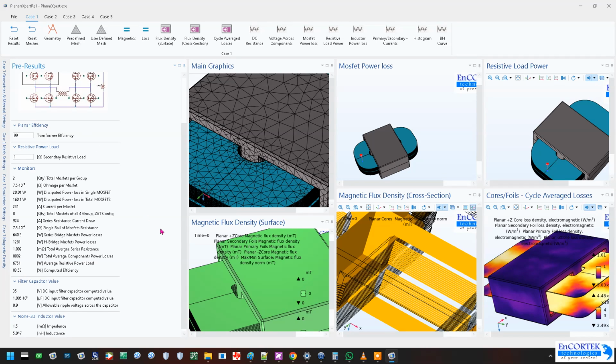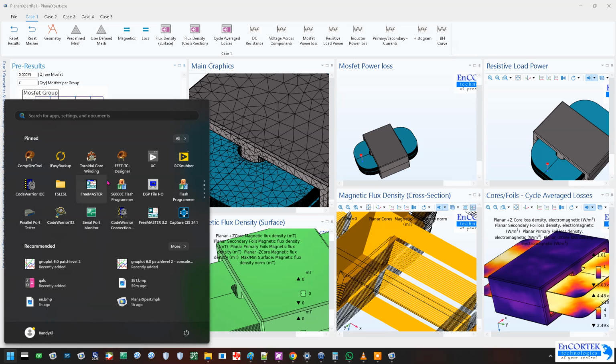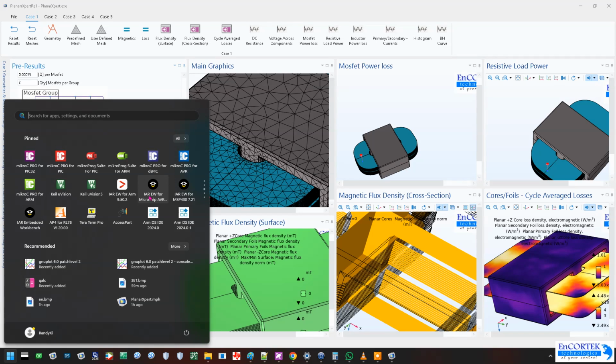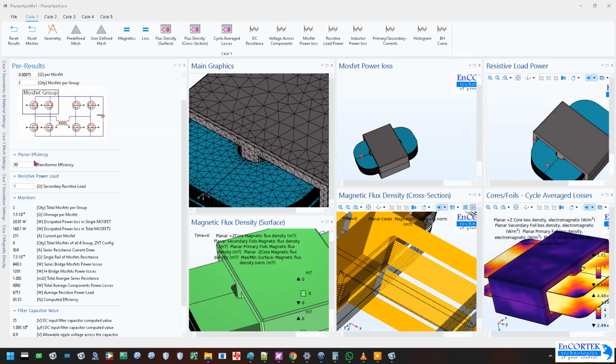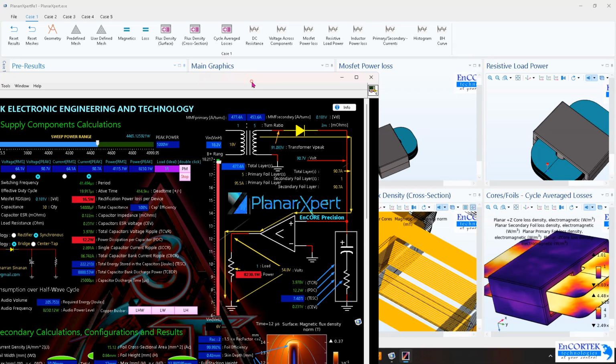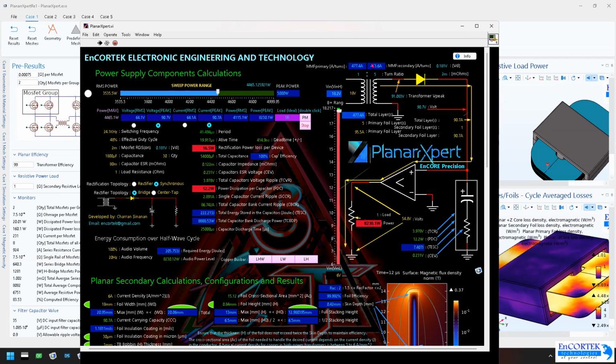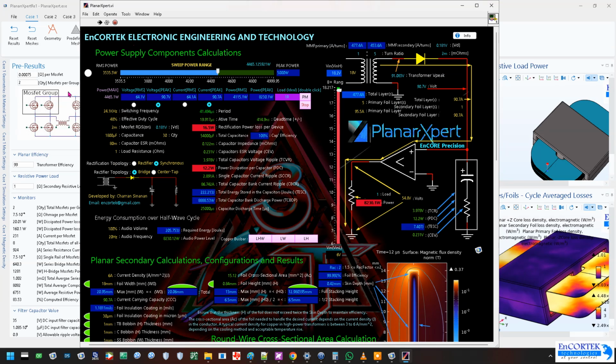Now the other software that I have been using was PlanarXpert, this one here. So this is the software that I will be using for determining. Before we go to the next application, this is the first software that I was designing. This complete,